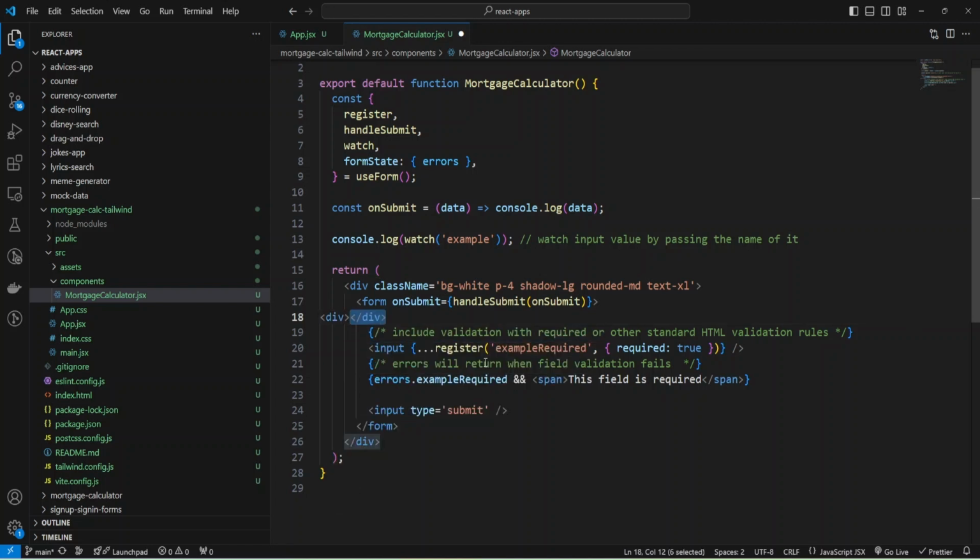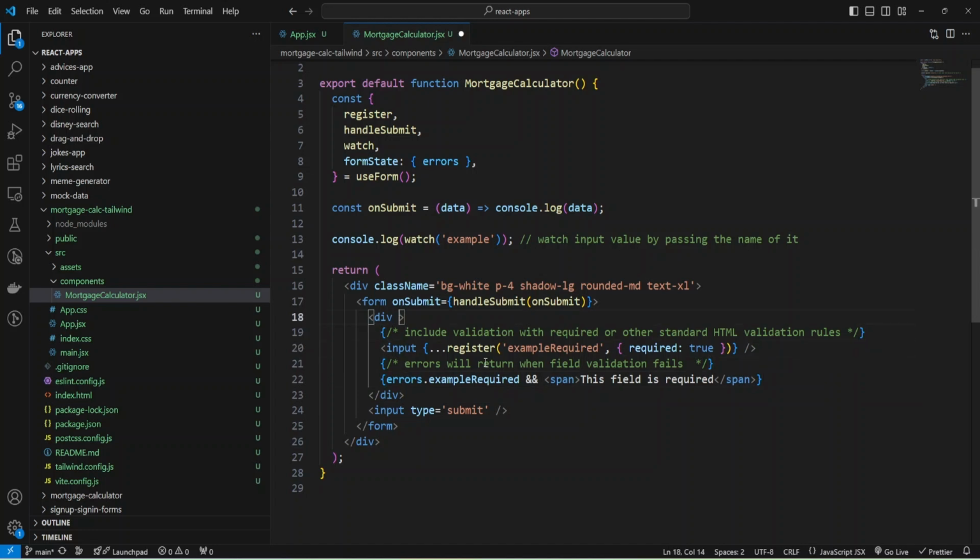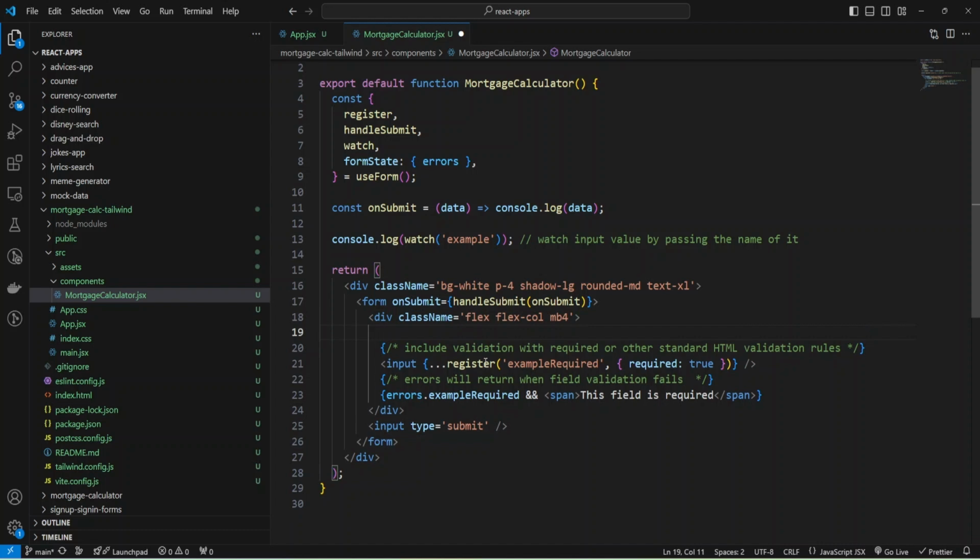as container, and we'll add it here, and I will provide class name and make it flex, and make flex column, and add some margin bottom for, and now I can add some label, and we'll use, let me add class name and make it font bold.